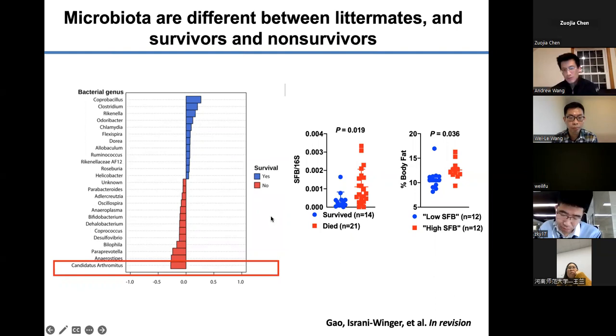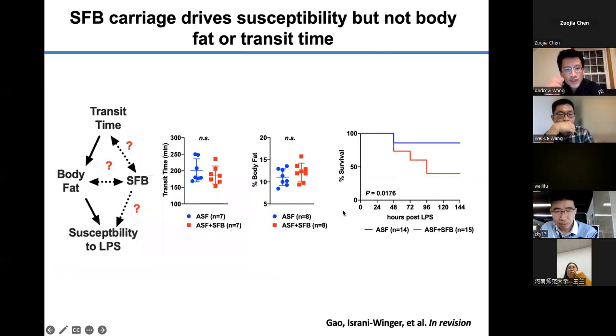And so the obvious experiment then was, could it be that the random acquisition of SFB that could occur, slightly more, slightly less, be the source of this stochasticity. And the results actually were fairly disappointing. So in these experiments, we used mock communities with and without SFB. And we did not find differences in transit time, and we didn't find differences in body fat. However, the animals that were colonized with SFB were significantly more sensitive to LPS. And this is consistent with other literature in terms of the pathogenic role of SFB in